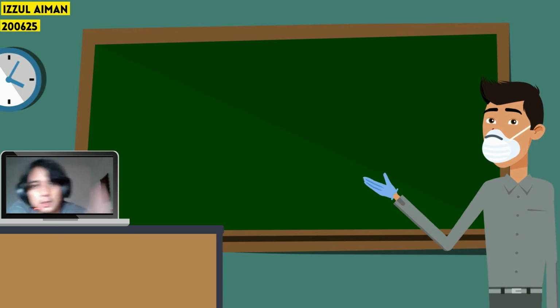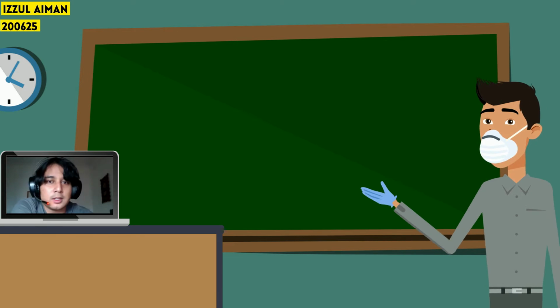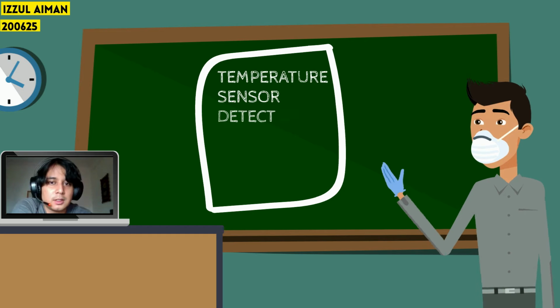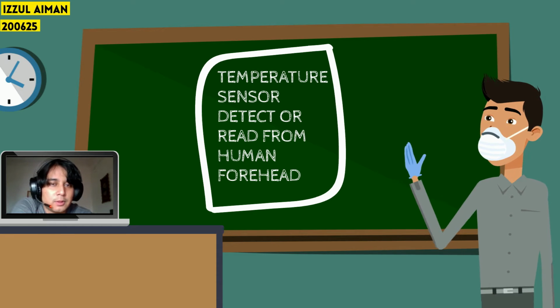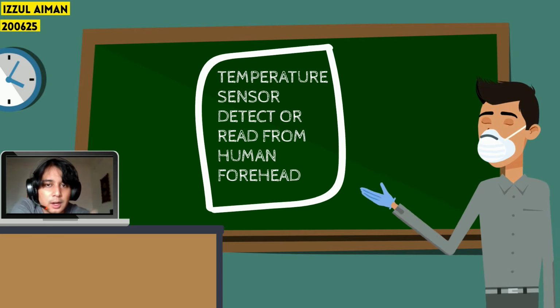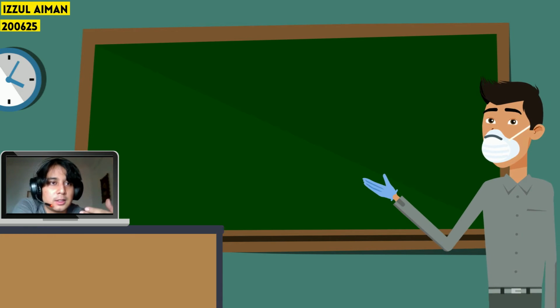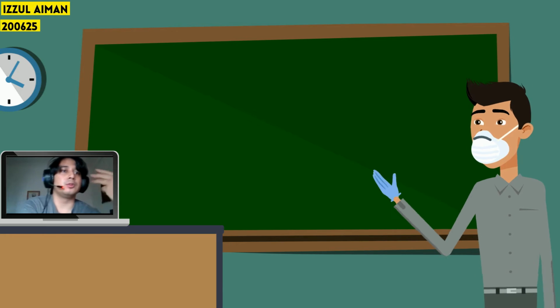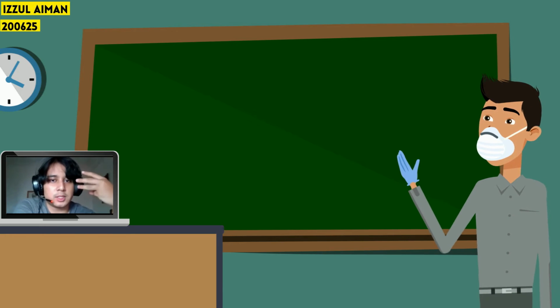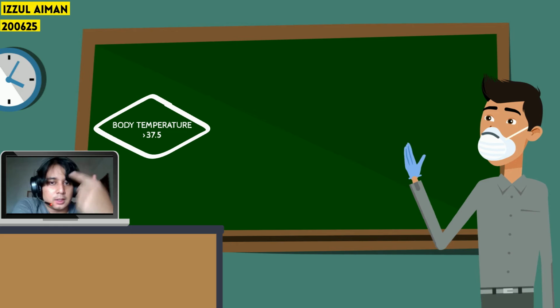So it moves to the second one, which is the temperature sensor, which reads or detects the heat from the human forehead. After the temperature sensor reads our temperature, it will come to three outcomes, which is the body temperature is